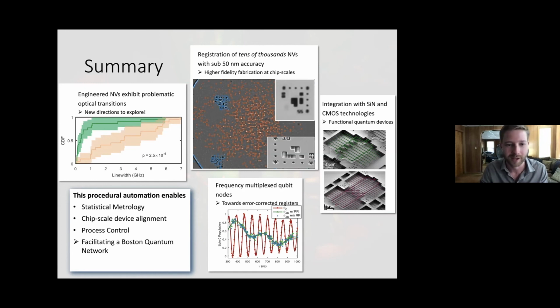And just the last piece of the puzzle is all of these emitters emit in the visible. And so that's not great for optical fibers over long distance. There's a reason telecom is not in the visible and in the infrared. And the loss in the visible over the distance, even just to Harvard, would be insane to send a visible photon that far. I mean, it wouldn't even be worth talking about the rates because the rates would be so tiny.